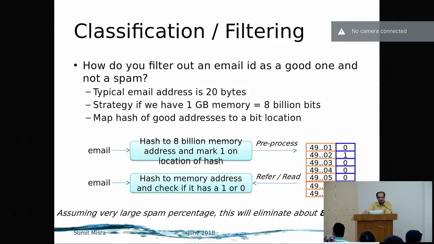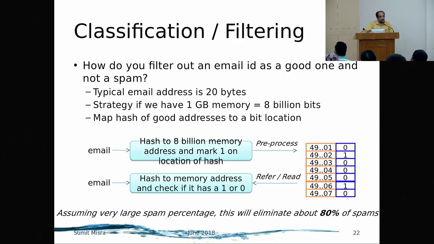So let us see how a spam filter works. Everyone gets some spam and is very annoyed that they cannot catch this spam, it has come here. But if you want to know how much spam is filtered, here it is written 80, but it has now crossed 88 to 92% of spam is filtered. So you are not hit by a bus, you are hit by a small rickshaw or something, and you are annoyed. So how is it done?